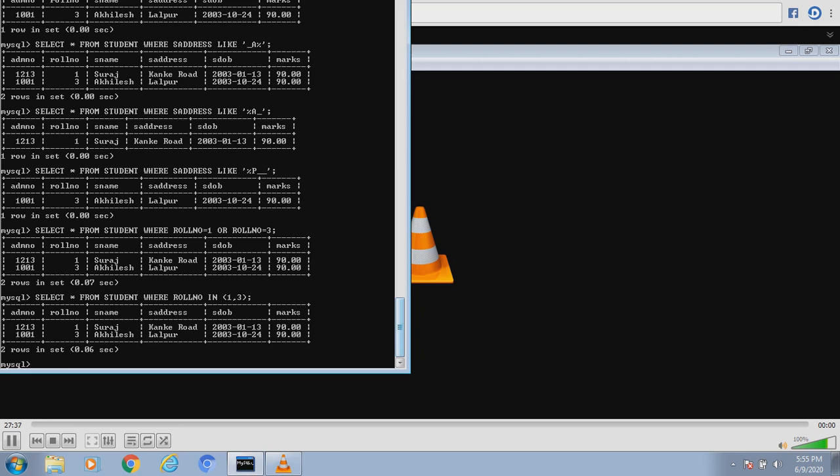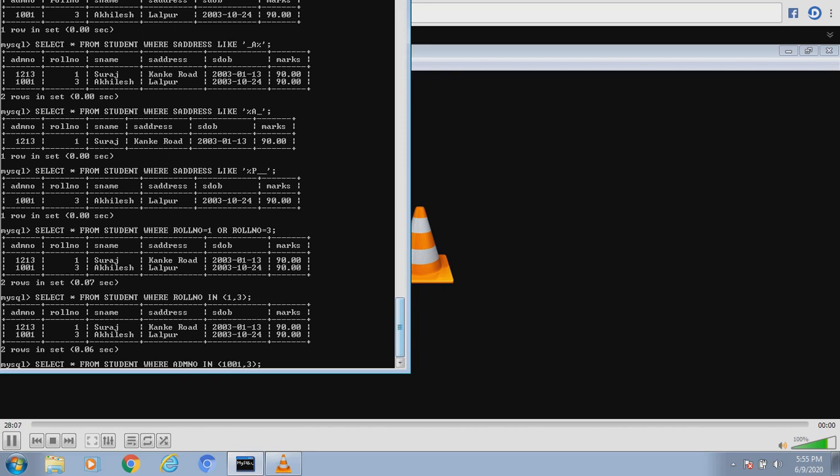If somebody says, I want to see the details of only those given students whose admission number is either 1001 or 1213, how shall we write that? We'll write in this way, where admission number in 1001, 1213.